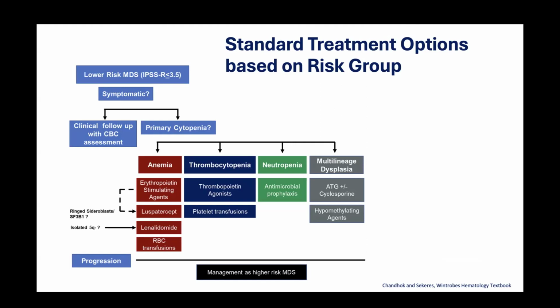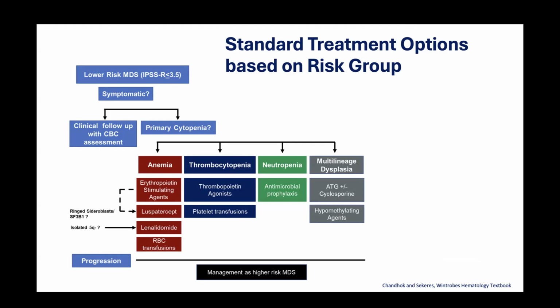So oftentimes, if you have MDS and you're absolutely asymptomatic and blood counts are not that bad, patients are just monitored. But as soon as there's an abnormality that's starting to create problems, for example, an anemia, which could affect your heart or your lungs or your kidneys, we're going to want to start treating. And so then it's very problem specific in lower risk disease: do you have only anemia?